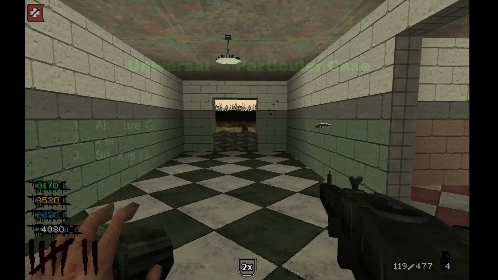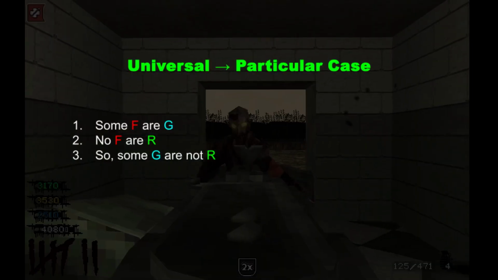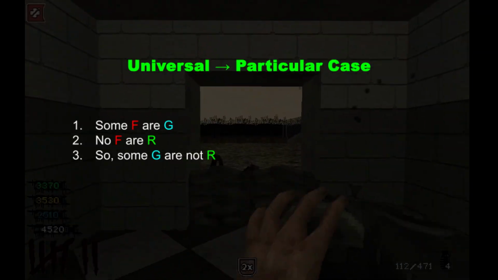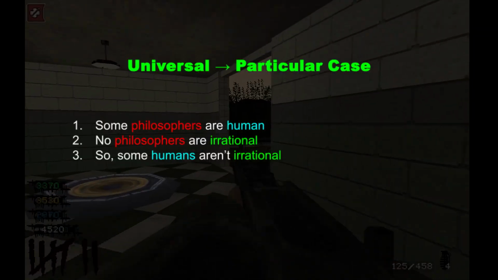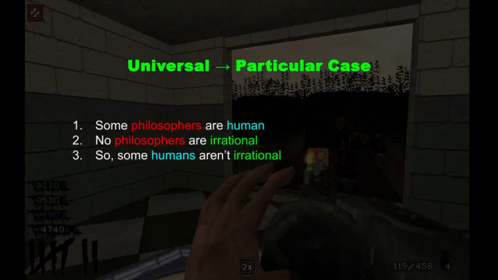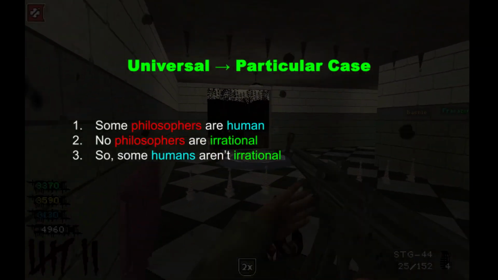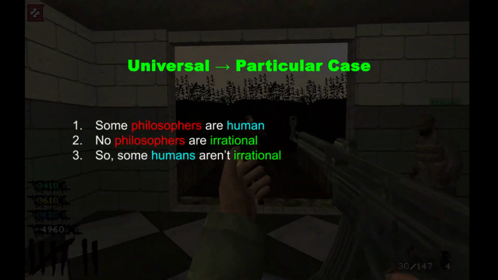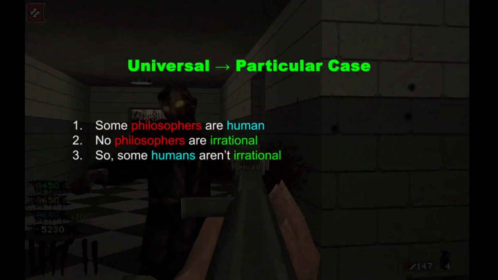Now, another example, I guess you could say, is that some F are G, no F are R, so some G are not R. I guess to first give an example, you could say that some philosophers are human, no philosophers are irrational, so some humans aren't irrational. So what we're first doing is we're basically saying that some members of a first category